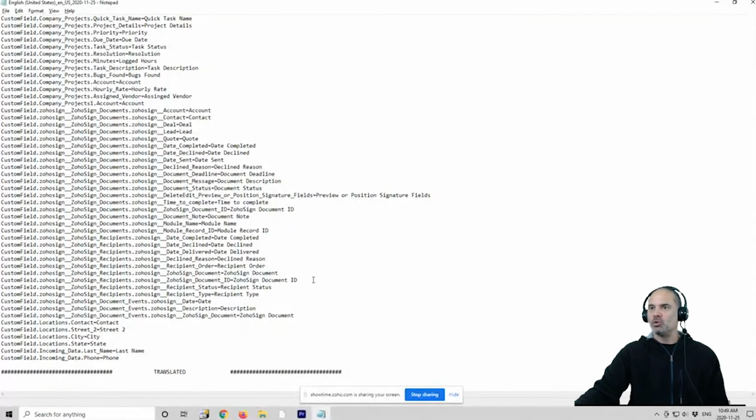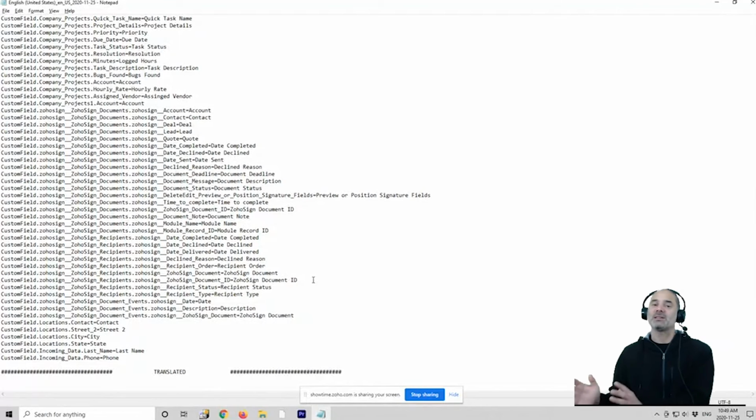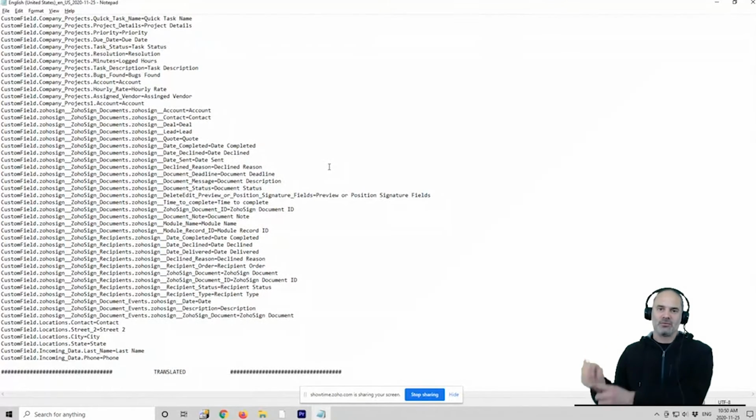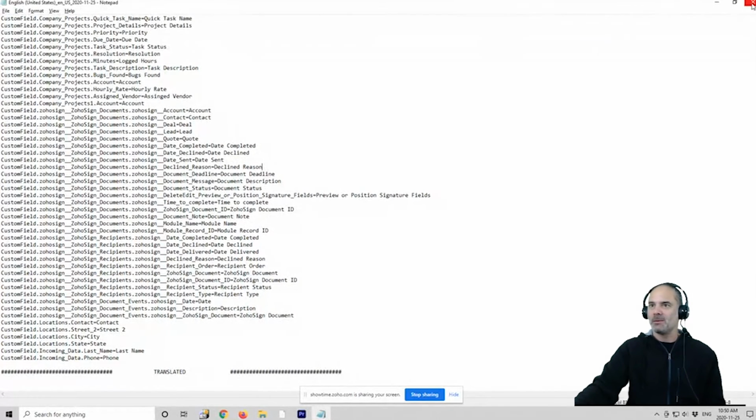I'm not saying don't do it, for sure do it, but play with it on a different system. You're getting Zoho One for a 30 days free trial. Have multiple users, multiple languages, play with it, see how it works. And if you're happy, do the same on the live, but do not use the same translation file from the free trial on the live. It will mess things up in ways that you don't even want to know. Okay, very, very bad.